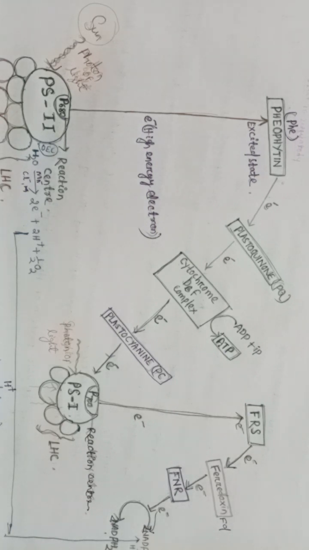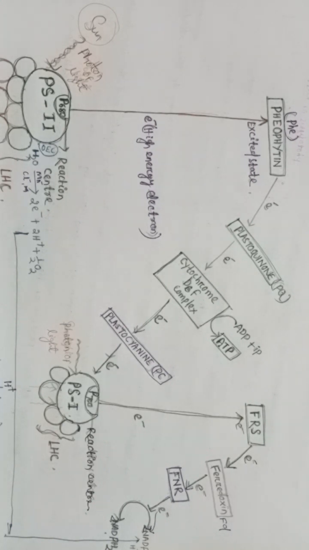In the normal case, whenever we look inside the thylakoid membrane of the chloroplast, non-cyclic photophosphorylation occurs,